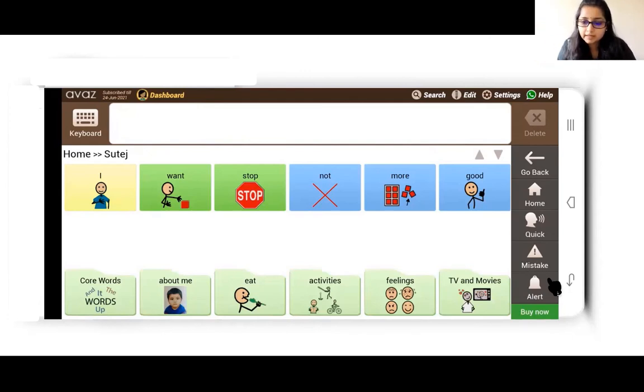So when you hit that, you hear the bell. The person who is not too far away can reach out to the AAC user. I think these features are really as important as the vocabulary, because we want the AAC user to be as independent and as communicative as possible.